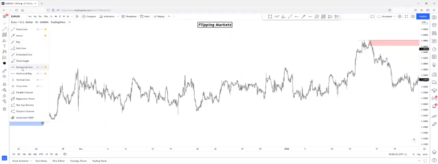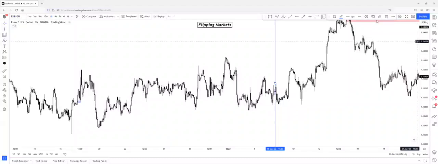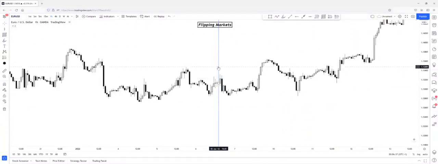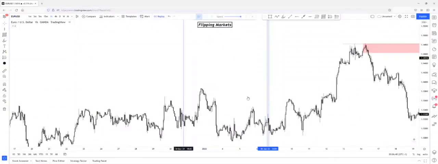And just putting a vertical line. 6th of January is here, and this is the New York Open right here, and this is New York close. So we are going to backtest this time window on the 1-minute chart. Okay, perfect. So I will just replay price